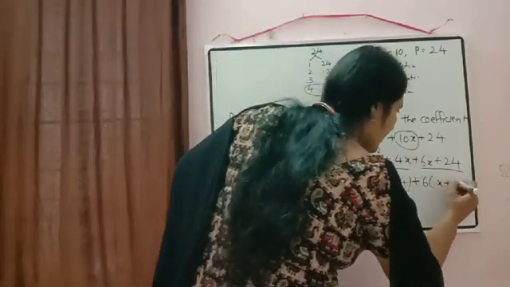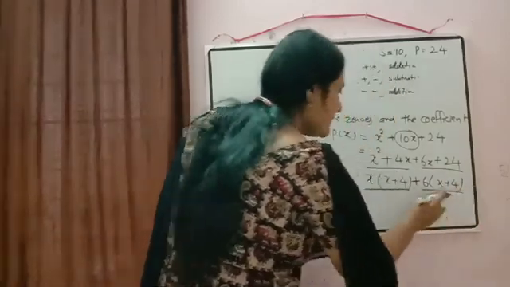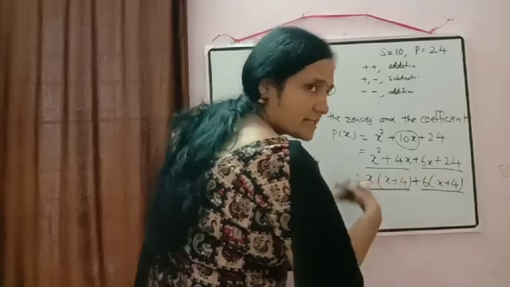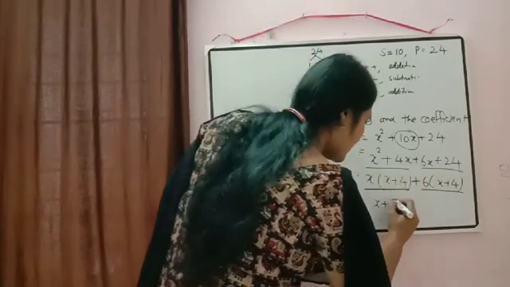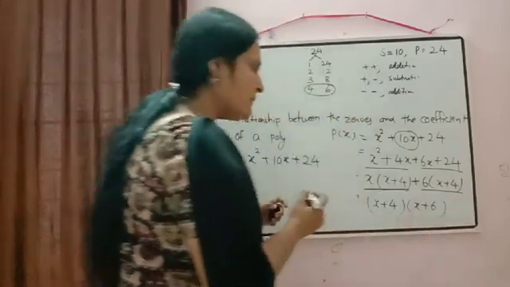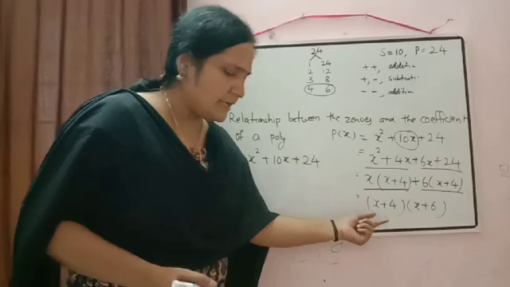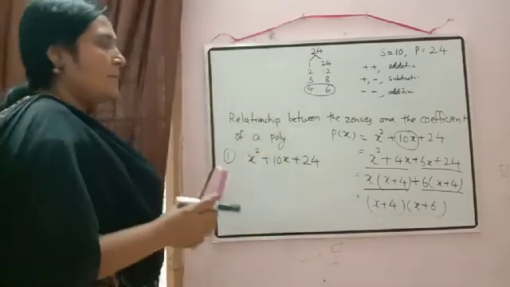Then only we will consider it as two terms there. So we will have here x plus 4. Then we have two terms. In these two terms, x plus 4 is common. Take it outside. Then we will get here x plus 4 into x plus 6. So what we did? We expressed the polynomial in terms of a product.